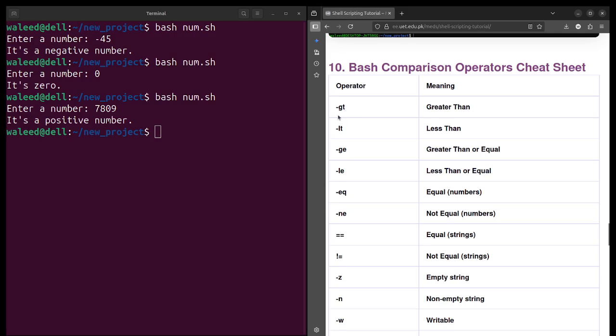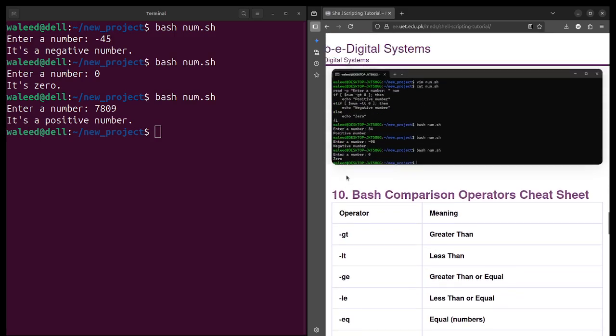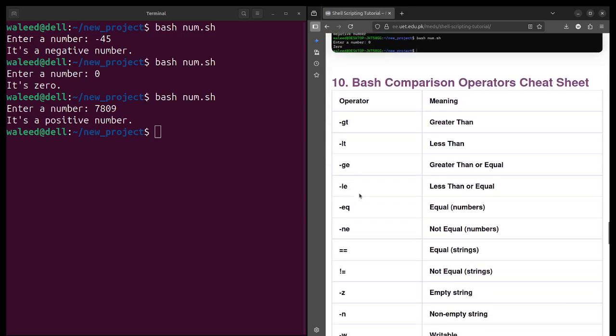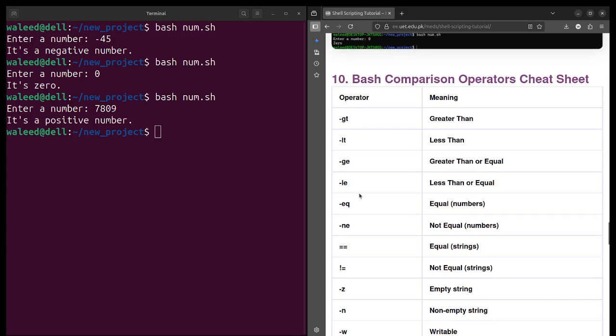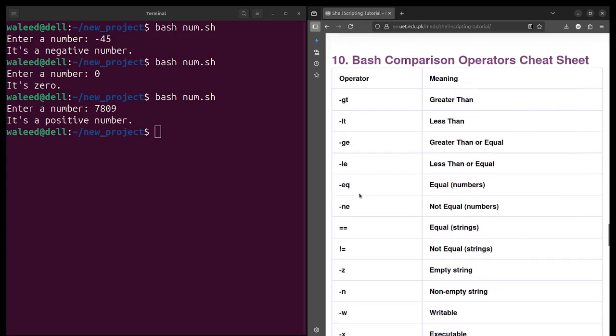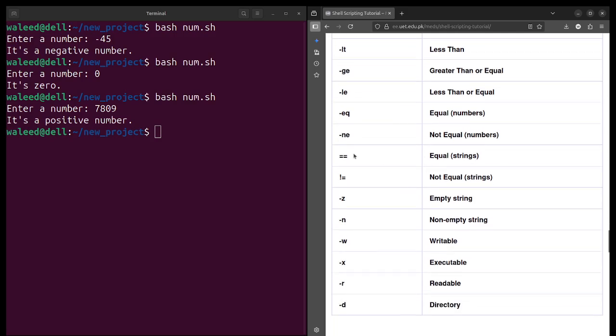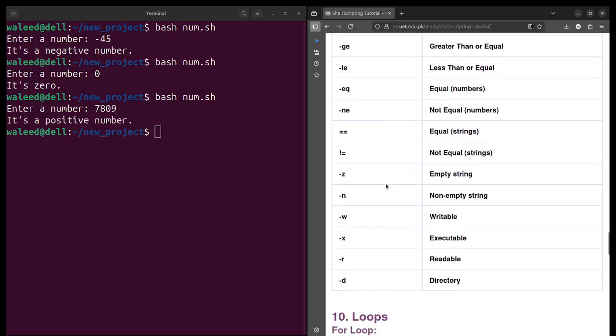I have already used these two in the above program, and similarly for the rest of your journey you may be using multiple operators. For example, LE for less than or equal, EQ for equal numbers, NE for not equal numbers, and so on.